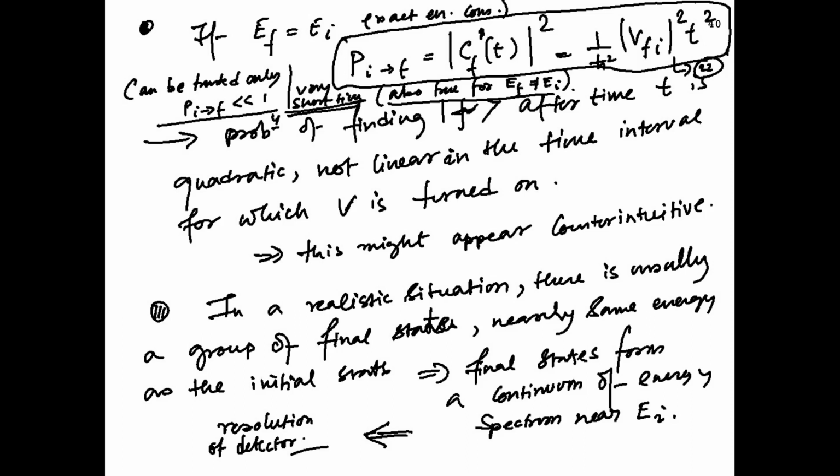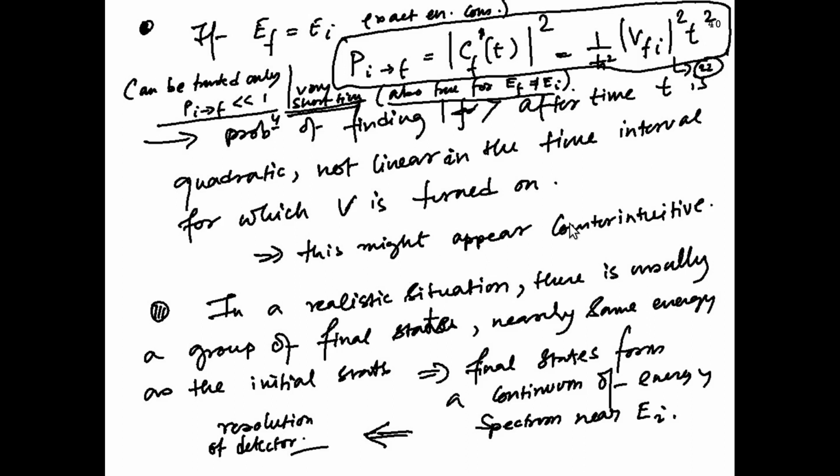So this formula makes sense at a very short time. If E_F is not equal to E_I, everything is fine, and it is actually also valid if E_F is not strictly equal to E_I, because then you will find a finite probability amplitude, but this prefactor will be there. So in a very short time limit, the probability of going from I to F going like T squared still makes sense, and that can be tested in this limit when P_IF is much smaller than 1. But how to make sense of this counterintuitive formula at a large time limit?